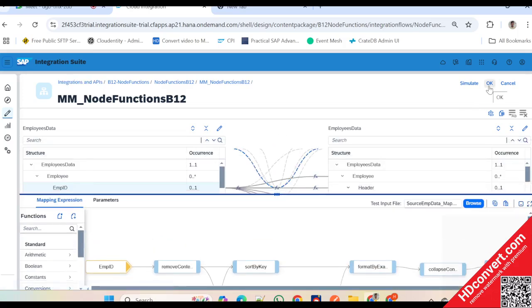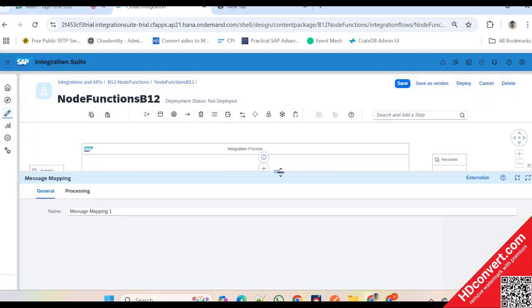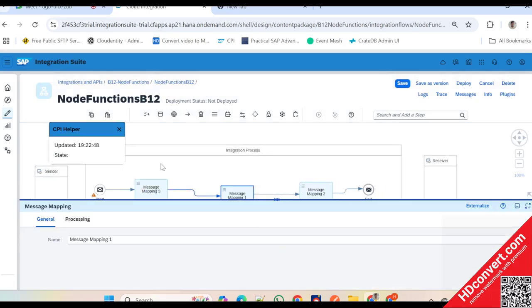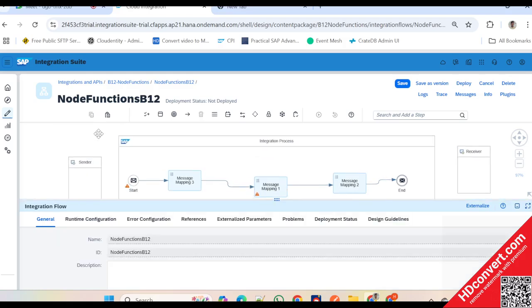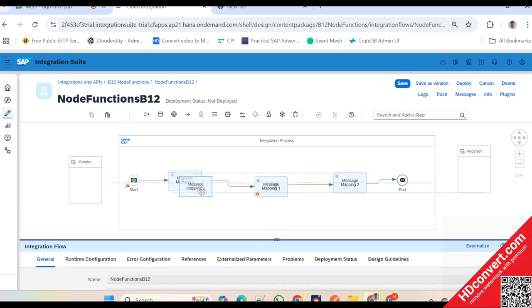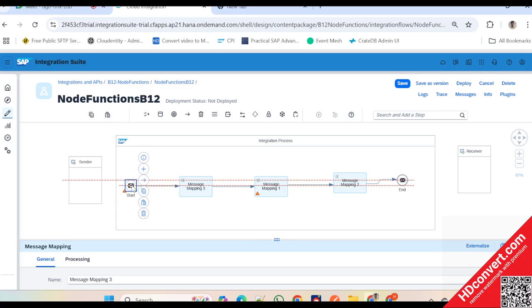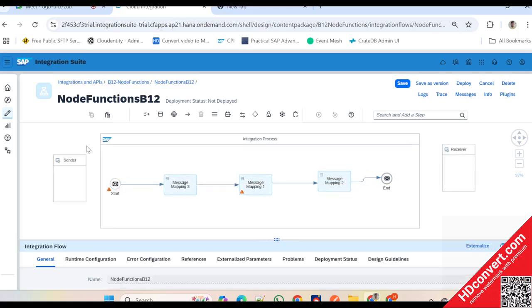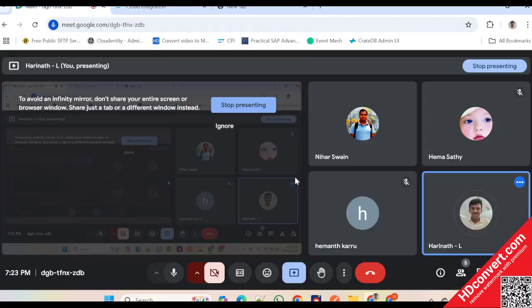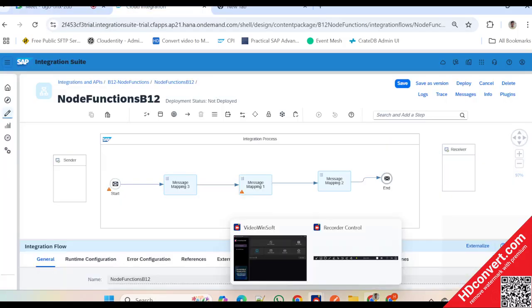This is how we will handle the functions, guys, at mapping level. Roughly, these are the regularly and daily used functions I have explained. Some more functions are there; just Google and you can learn them. It's not very hard. Standard functions are easy, but the node functions are very, very important. Any doubts, guys? Now we have to practice. One minute, I wanted to give one more